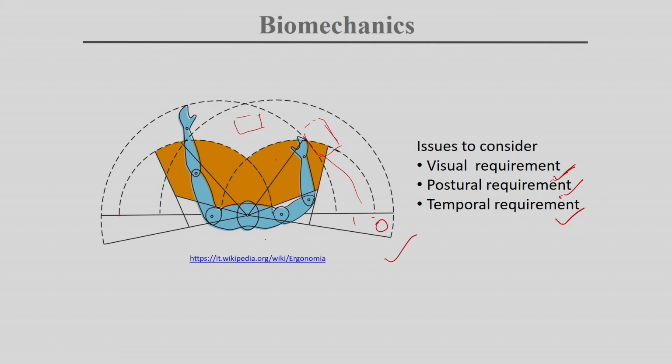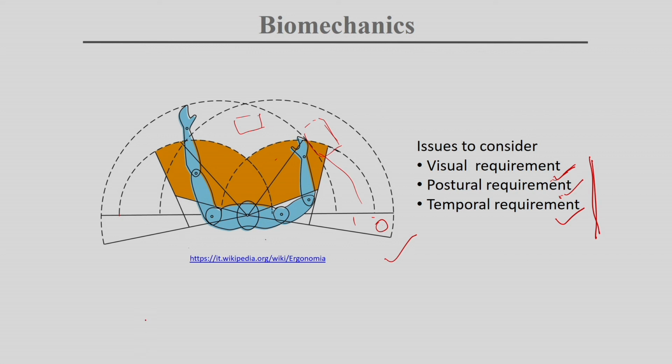We have discussed the temporal requirement, which is related to time, how long the person will sit. If you are designing some furniture where the person will sit hardly for 5 or 10 minutes, then it is not that risky. But if the person is in an office or somewhere the person will adopt that posture for 7 to 8 hours or more, then we should consider all these factors in first priority to design the whole furniture or the work desk. So what is the principle?